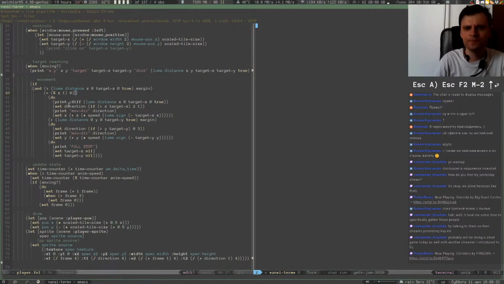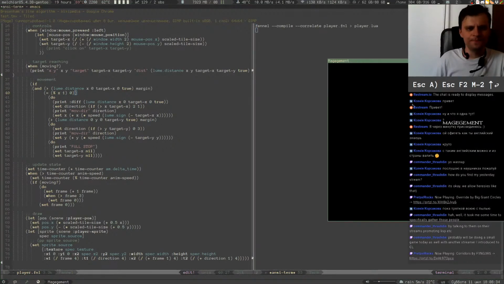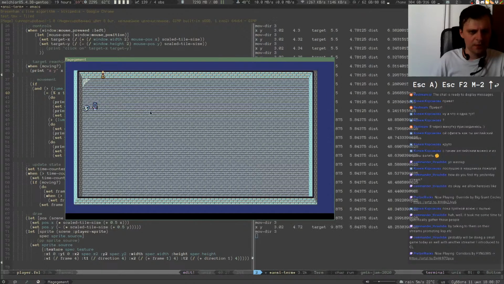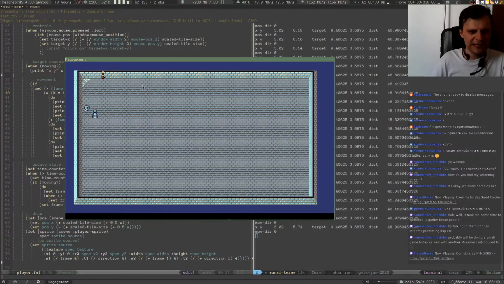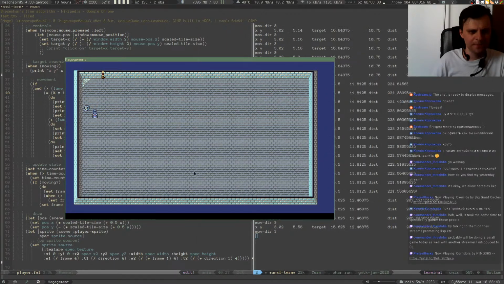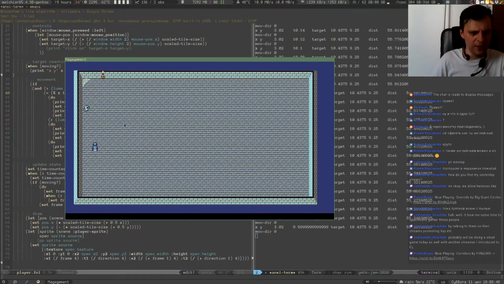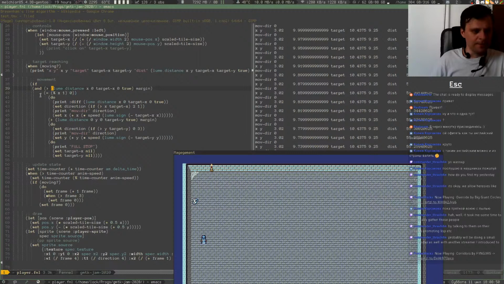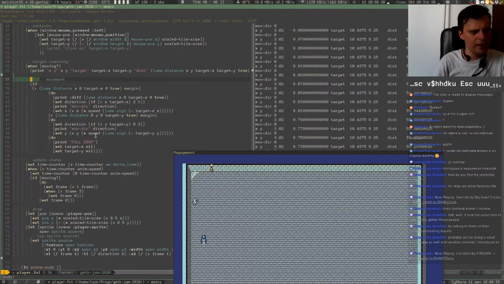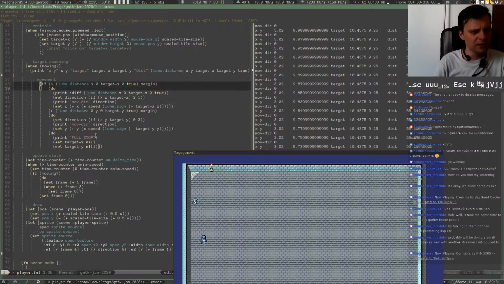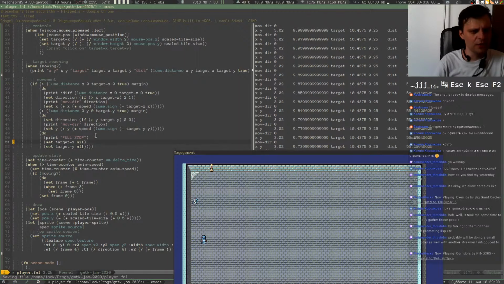Yeah, right. Okay, so yeah, not that good. So now it's not even able to move in the X direction. Okay, I'm gonna just undo that and probably fix my indentation. Yeah, here we go. So the thing is that I want to do that, but